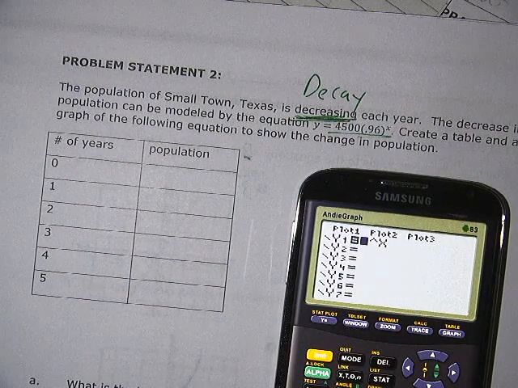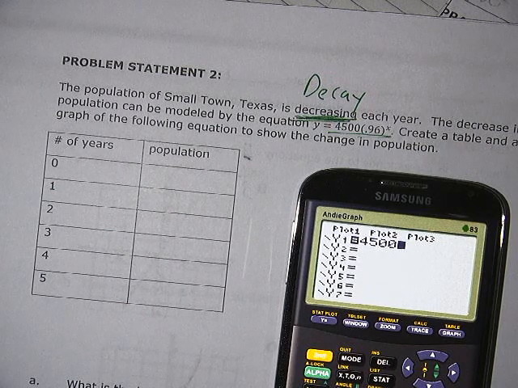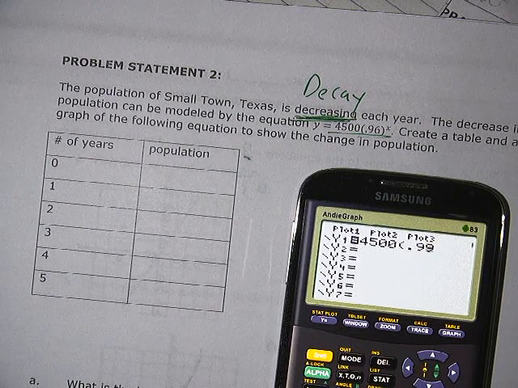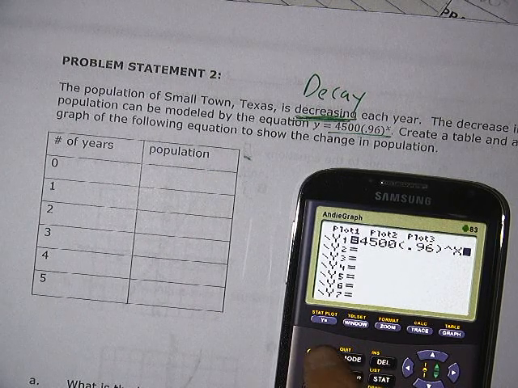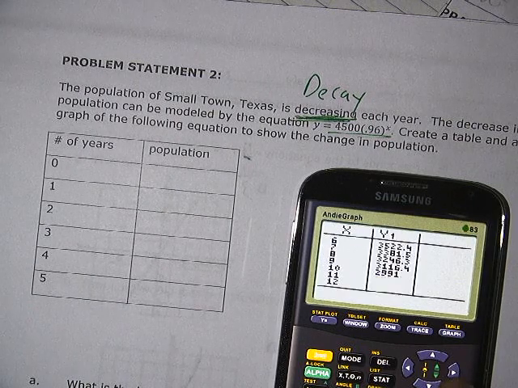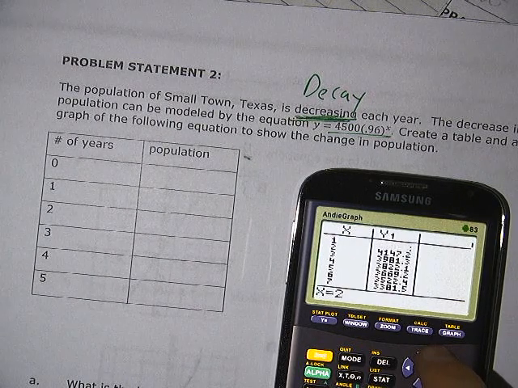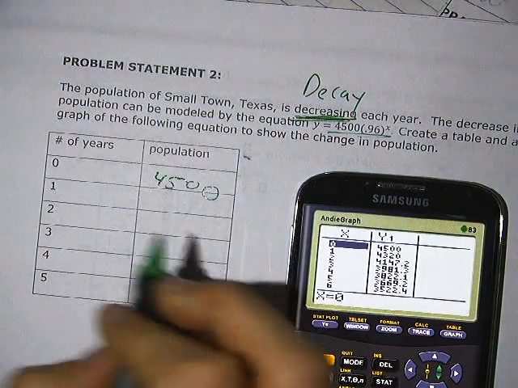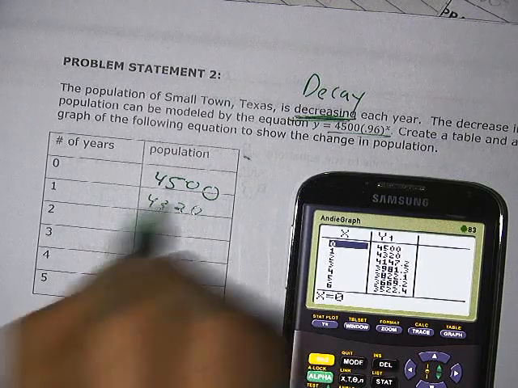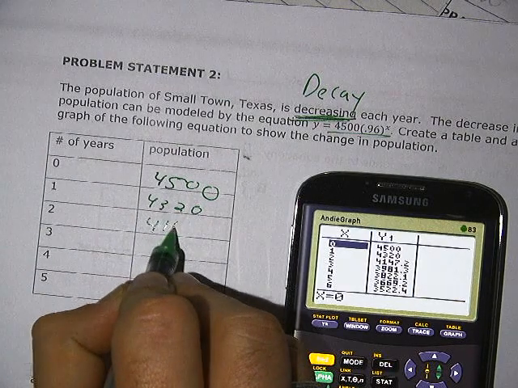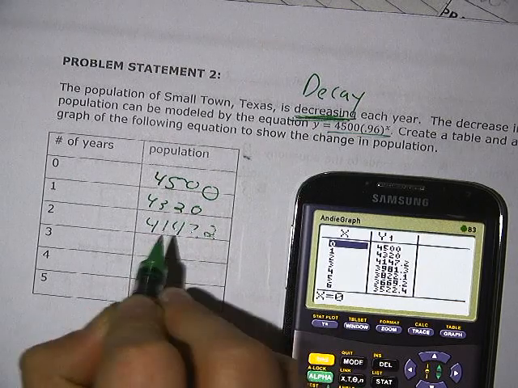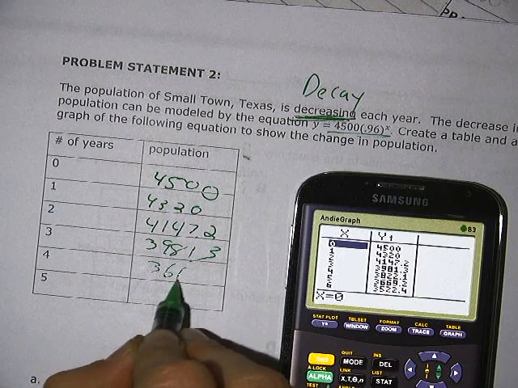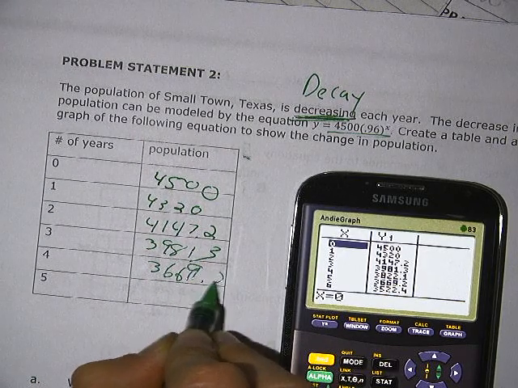And let's go ahead and type it in. 4,500 times 0.96 to the x power. Go to the table, and let's use a table to fill in our missing values. So we've got 4,500, then 4,320, then 4147.2, 3981.3, 3669.2, and